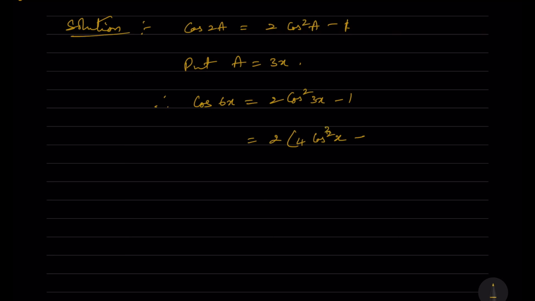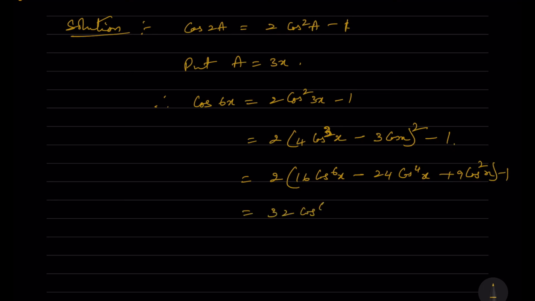So cos 3x is nothing but 4 cos cube x minus 3 cos x, whole square, minus 1, which is equal to 2 into 16 cos to the power of 6x minus 24 cos to the power of 4x plus 9 cos square x, minus 1. So which is equal to 32 cos to the power of 6x minus 48 cos to the power of 4x plus 18 cos square x minus 1. This is what we had to prove. So therefore cos 6x is equal to